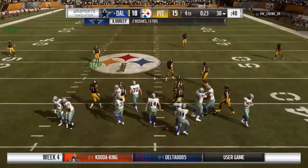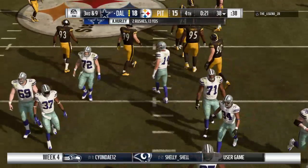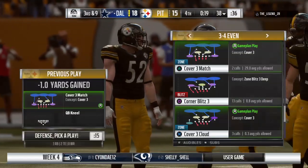The Cowboys on their way to victory as they take a knee. And there it is, the standard symbol. Taking a knee means that